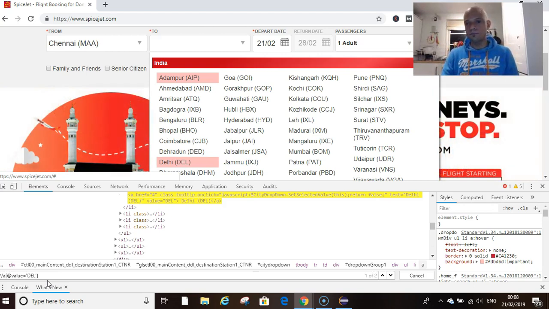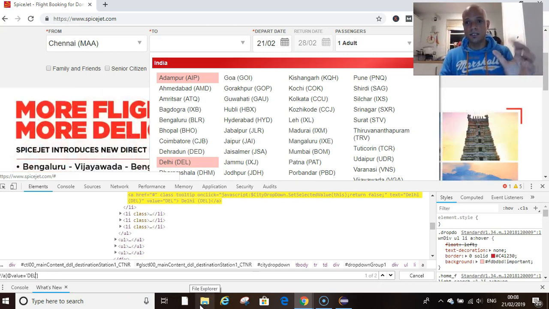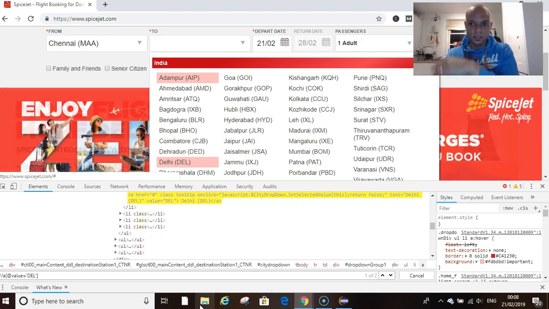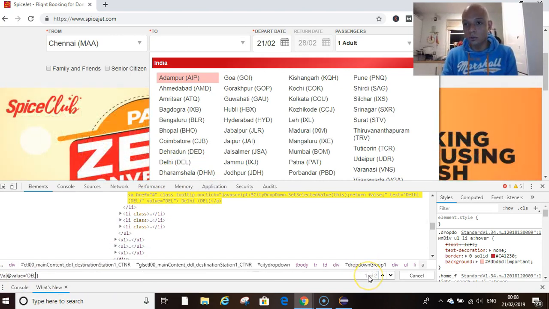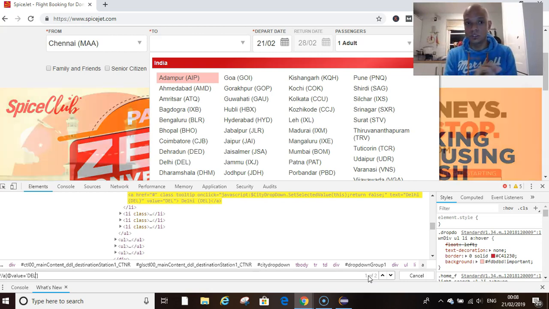You see, this is why this is dynamic, right? As well, not just the only reason. The reason is that it's action driven, right? You select from one drop down and then it determines what properties are displayed on the next drop down, right? And then here also, if you see this, selecting Delhi tells you that it is one of two matches. So if we use that XPath, it's not going to work the way it is, because